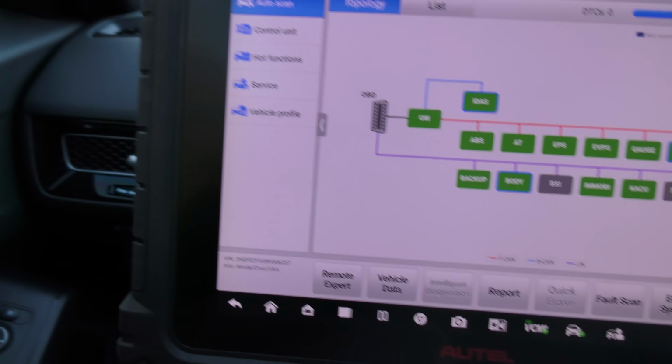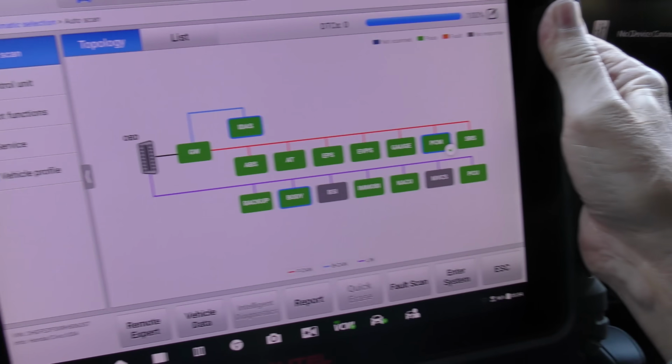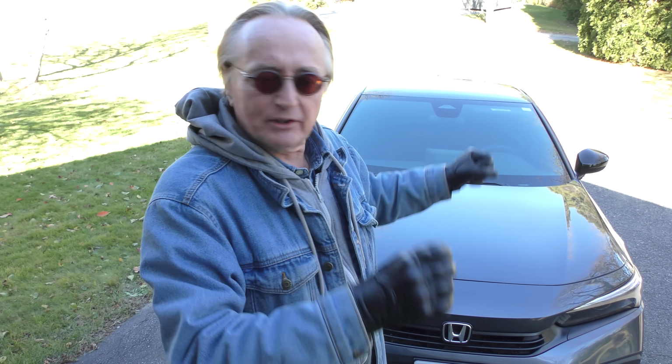Now, we've road tested, and you can see none of the codes came back, so those are things that they just didn't reset when they fixed the car. Now, normally I say don't buy a wrecked car, but, and it happens a lot on the East Coast here, he bought this car from guys that only do Hondas. What they do is they'll buy a wrecked Honda and fix it. They did a good job fixing it, I'll give them that. And then they make money, but he saved $10,000 from a new one that only had like 3,500 miles on it. So if somebody knows what they're doing,